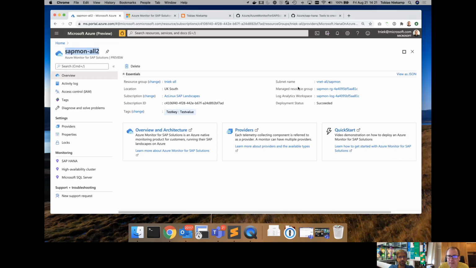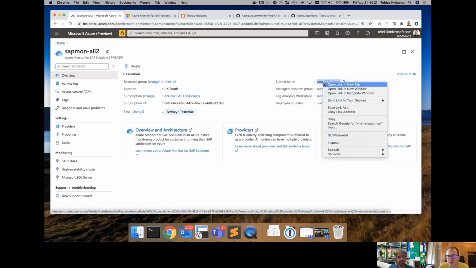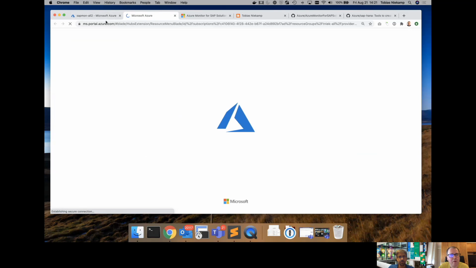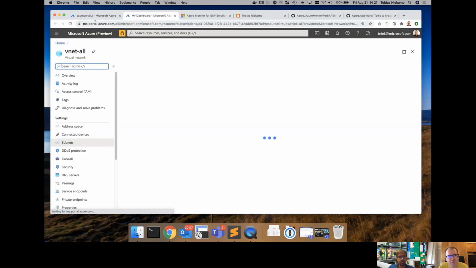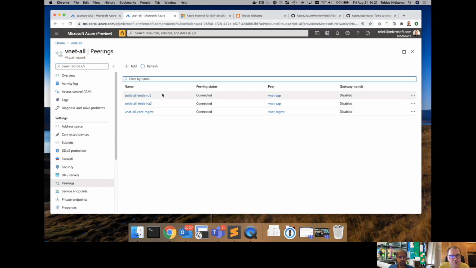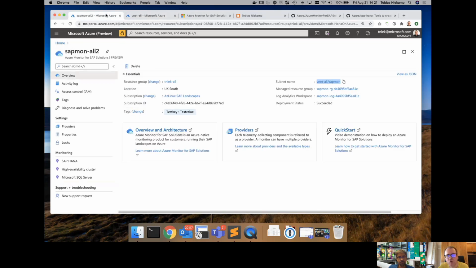So you see that this one is also part of a specific VNet. And in that VNet, you can actually go into this one. You will see I've actually peered multiple VNets from different HANA installations, different SQL Server installations. And that allows me to have access to all of these. So you see there's a SID called RU1, which we looked at earlier. There's one for the HA cluster. That actually allows me to connect to all of those and to collect telemetry from it.